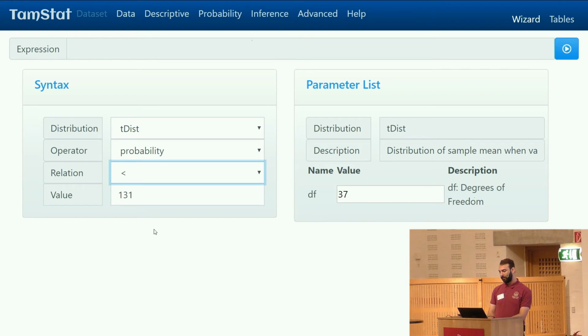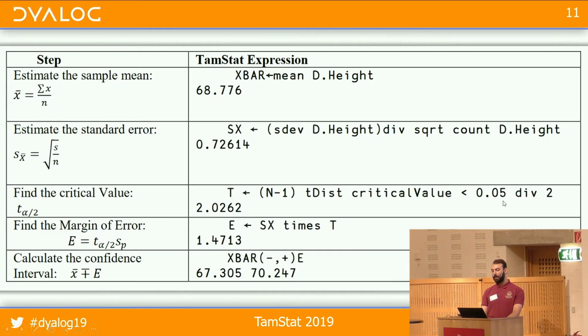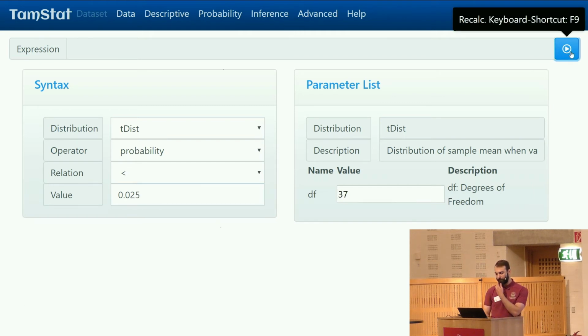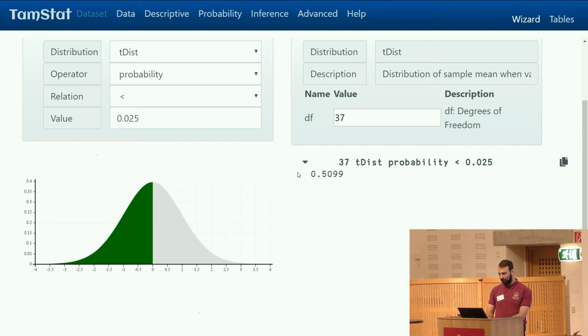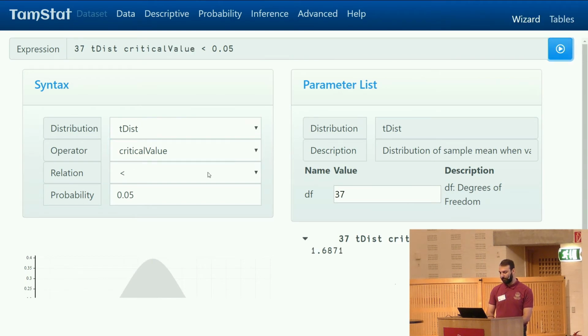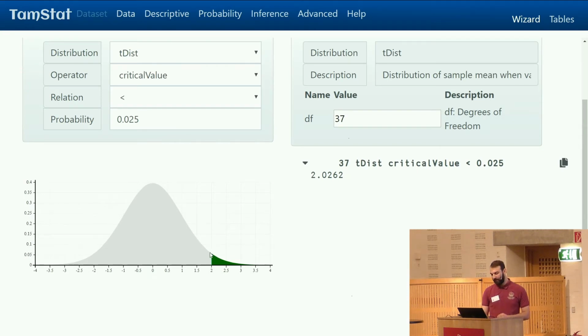And we're looking for the critical value for less than a half of 1 minus our confidence level. So that's 0.025. It's not the probability, it's the critical value. And it's 0.025. Okay, so we're highlighting, in between plus or minus this critical value is our 95%, which is where the 95% from the confidence